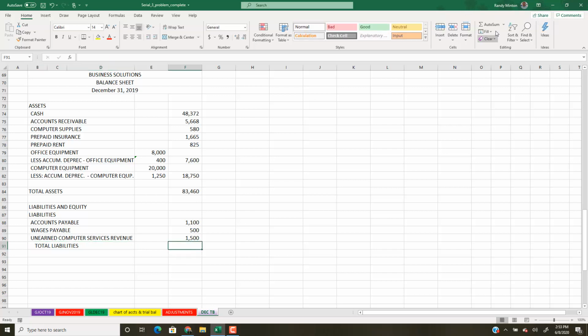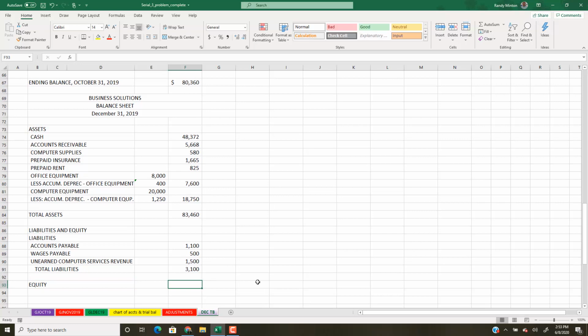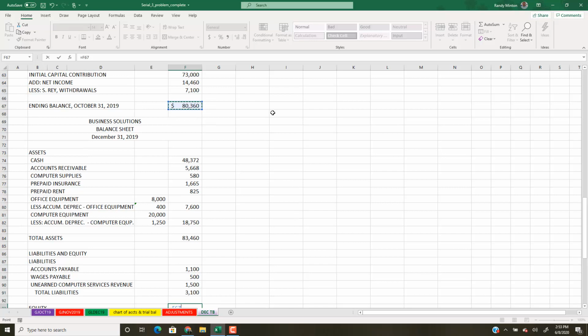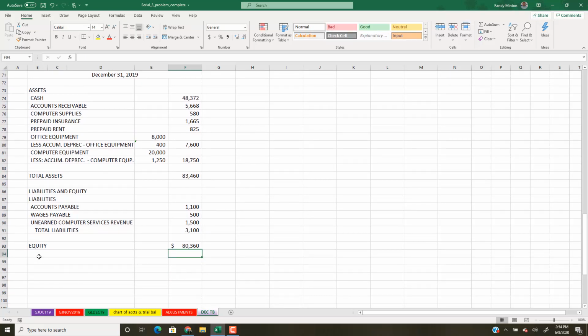And we'll add those up, give us 3100. And now equity. It's just going to be the single item that we get from right up here. So equity is equal to the ending balance right up here. And so now total liabilities,